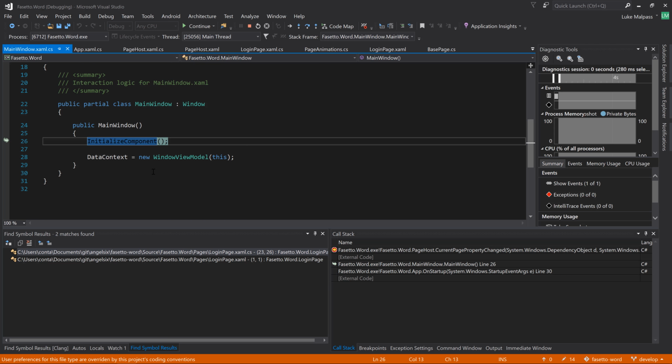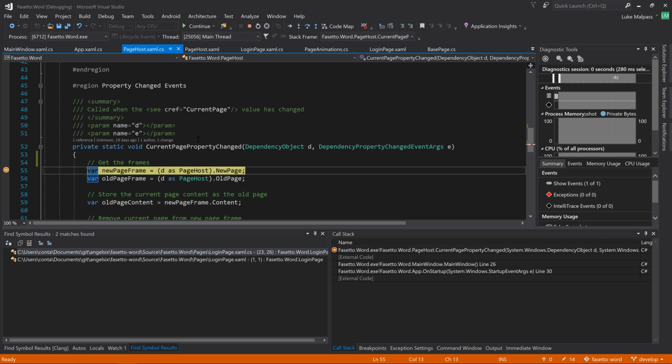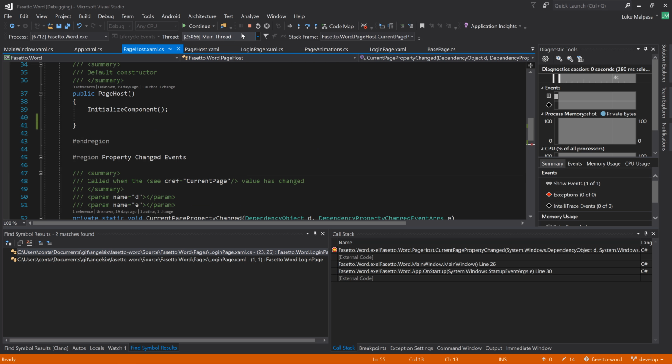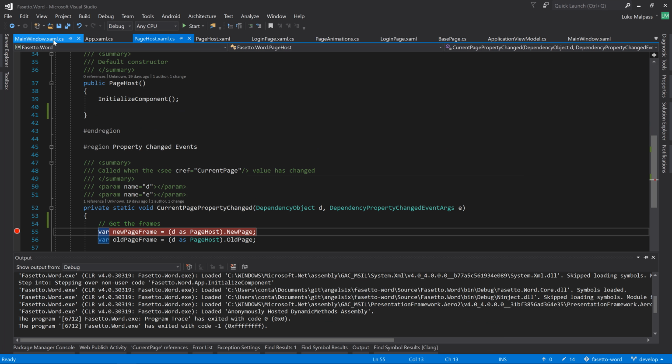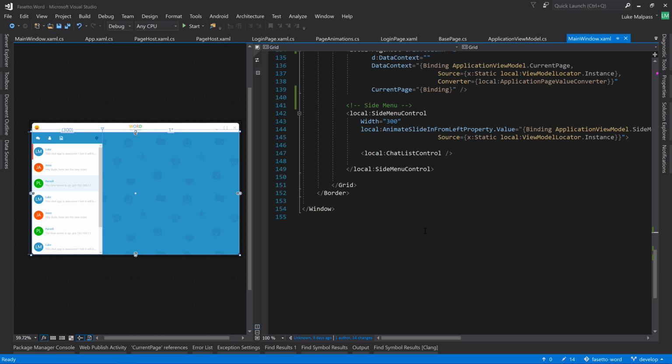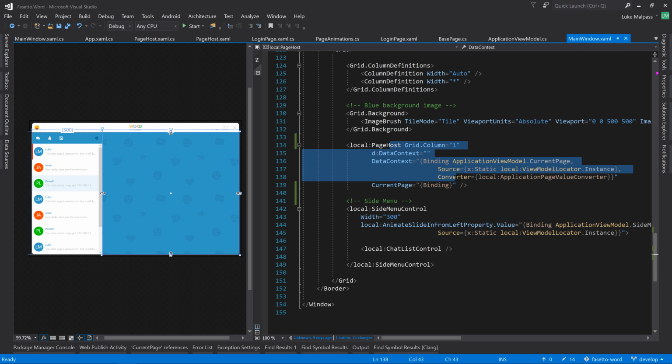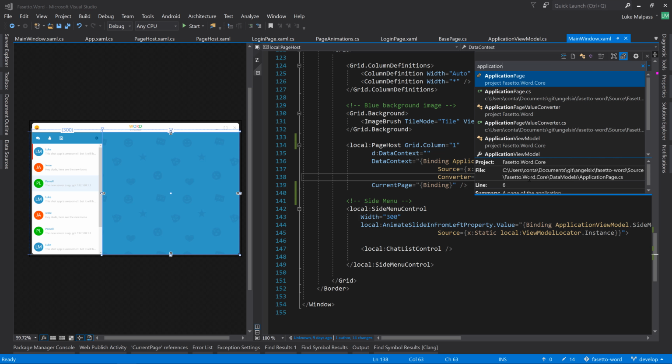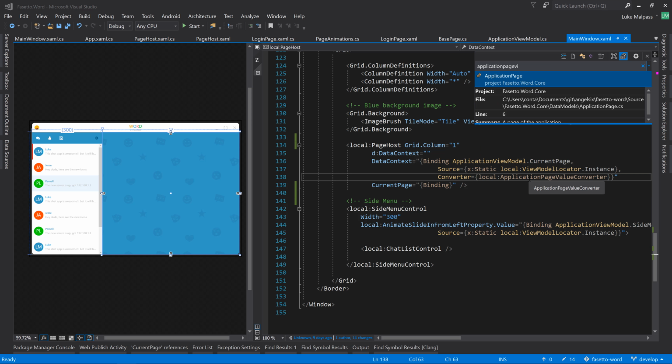Right, so we start up the main window, it initializes, and then the current page property, it's bound in the window obviously, isn't it, where we bind the page host here. So that's where we get set. So we've got the current page, and then we use a converter to convert it to the application page. So the application page value converter,